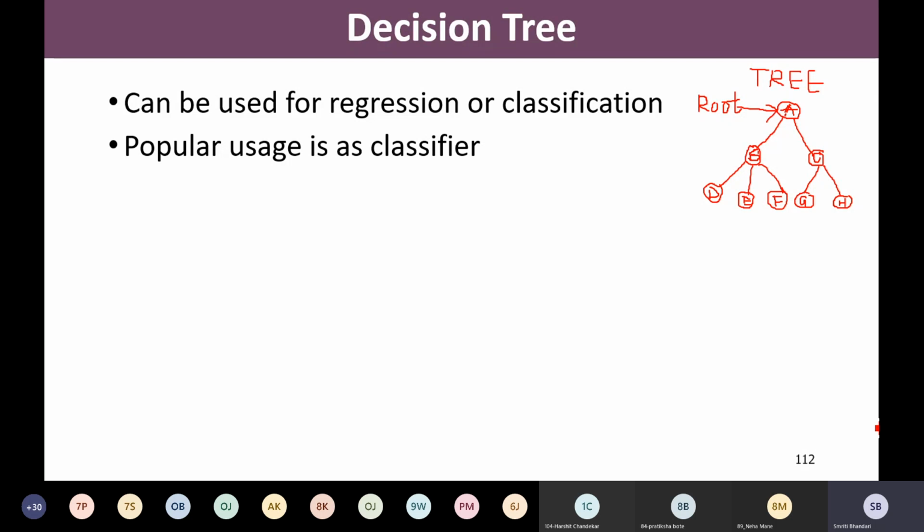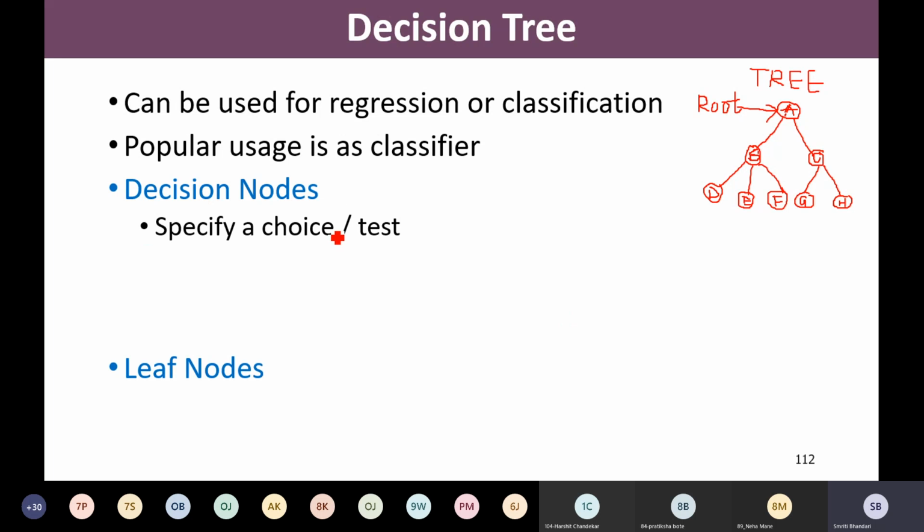Yes. Okay, so now in this machine learning algorithm, we are going to make use of such a tree structure, right? So in decision tree especially, we have the decision nodes and the leaf nodes, right? Decision nodes are the nodes where we have a specific test or we are taking some kind of a decision, right? And based on that decision, we may select which path to follow, right?